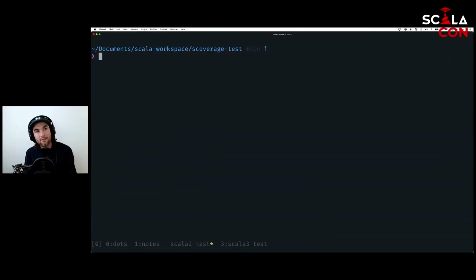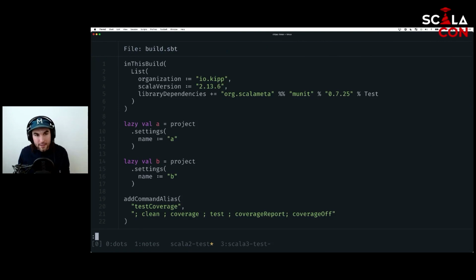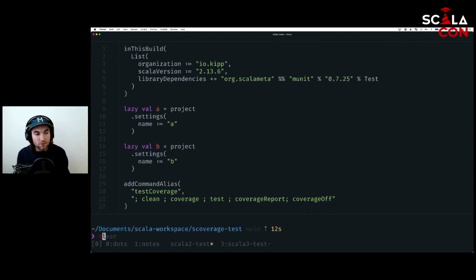So here I have a Scala 2 project, which is very simple. If you were going to look at what the build file looks like, it's just a two project build. We have an A and we have a B, which has some library dependencies, and then an alias just to help, which we actually won't even use. But if I was to start SBT,